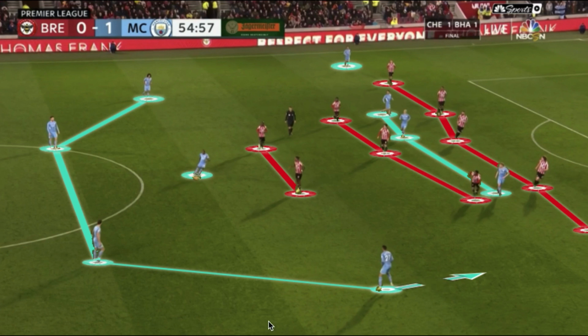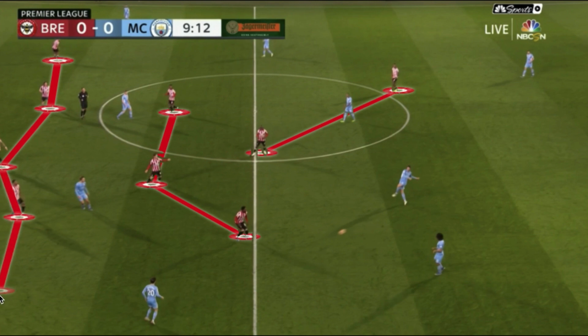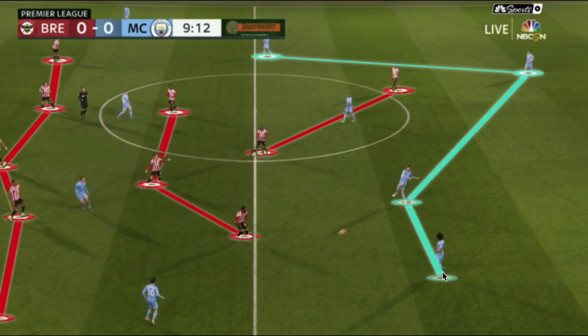As we see here, a mid-block now from Brentford in their 5-3-2, as we see just a staggering of their 3 central defenders and their wing-back off our screen on the left-hand side here. But from Manchester City, we start to see some of the interactions of the defenders and some of their different dynamics between these players. So João Cancelo played more of an advanced role, Ake playing a bit deeper,